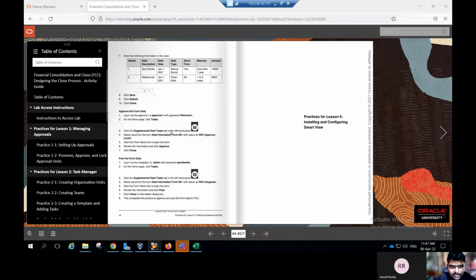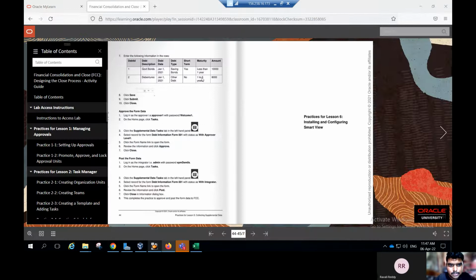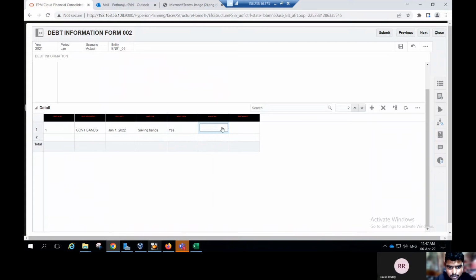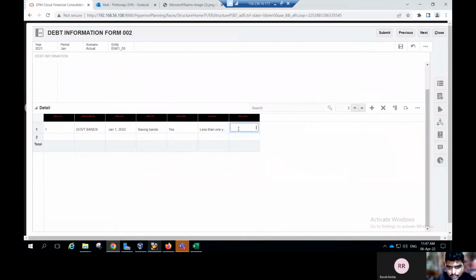Debit type is saving bonds. You can create a list. You can drop down for saving bonds, and short term is yes or no. Yes, I can give the yes. After maturity, select the list for less than 1 year, and the amount I can enter is 10,000. Again come to the second row, providing the name of the ID as two, and debit description